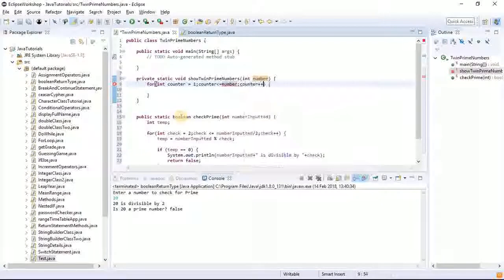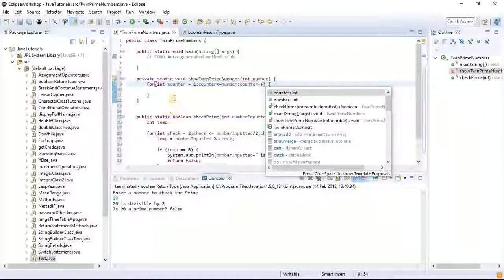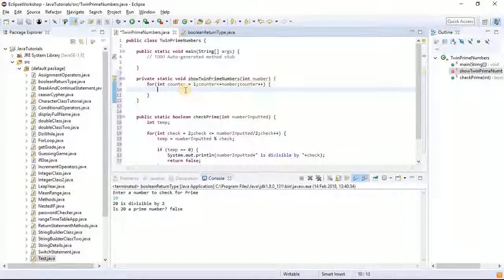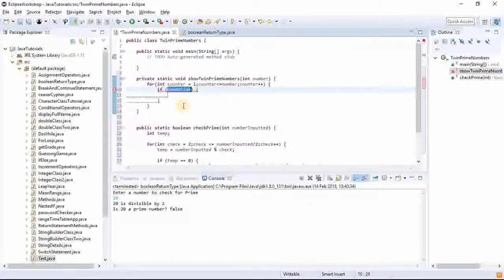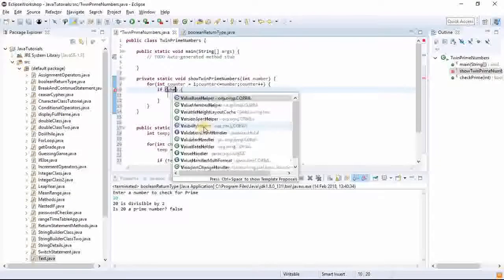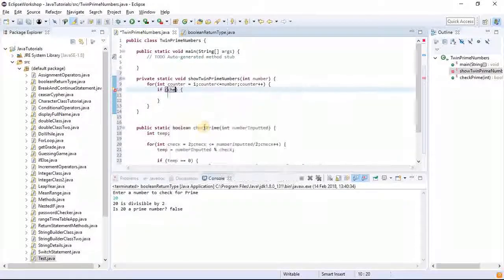Now what we are going to do is check. We're going to have an if, and we're going to call check prime number, and put in counter. So if prime number counter